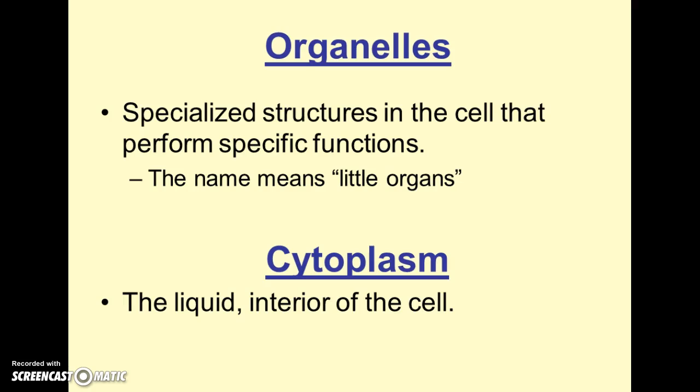First, organelles. Inside your body, you have organs. You have a heart, you have a liver, you have a stomach. Each of those has its own specific function. The heart doesn't do what the liver does, doesn't do what the skin does, and so on. Inside of a cell, there are very specific structures that perform one specific function. They are called organelles, and we're going to look at a whole list of different organelles. The name itself literally means little organs, although they're not organs, because organs are made of tissues, which are made